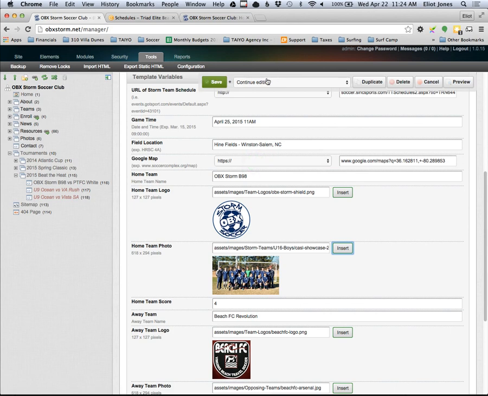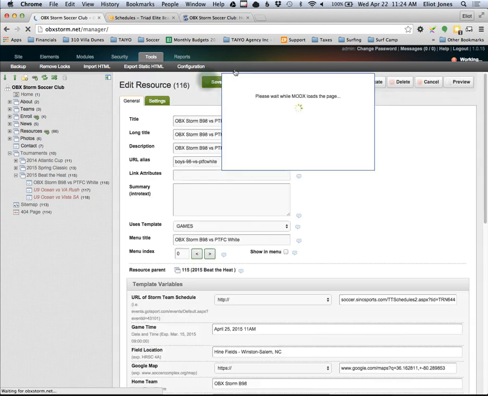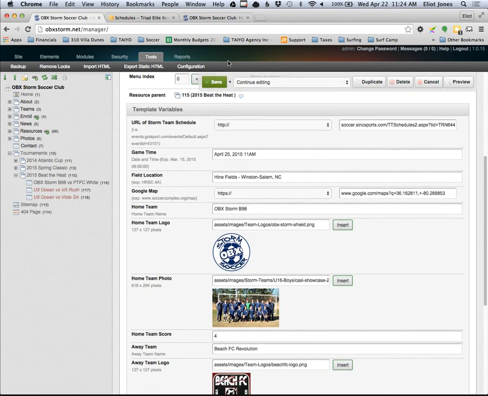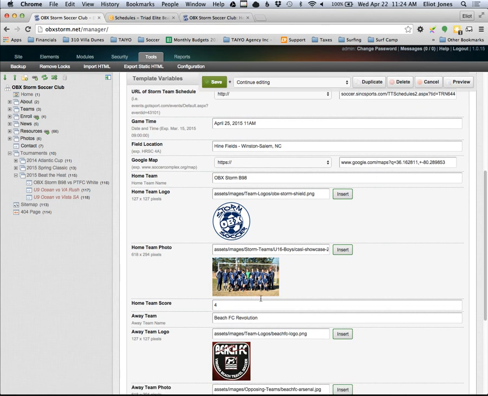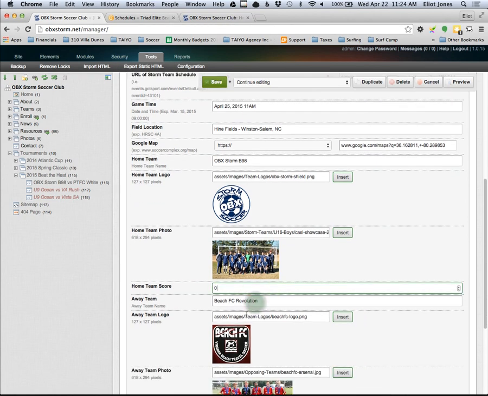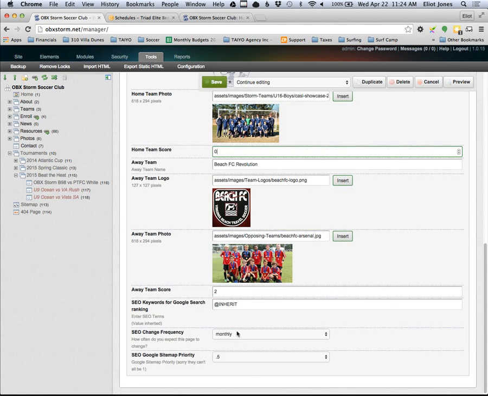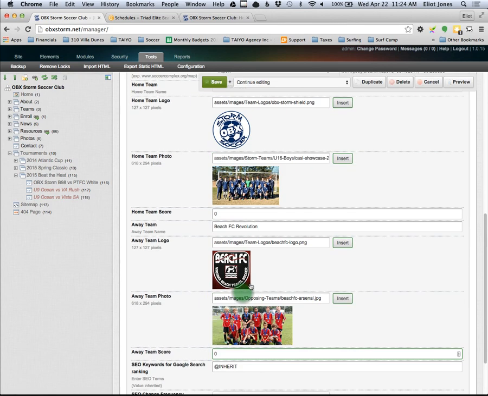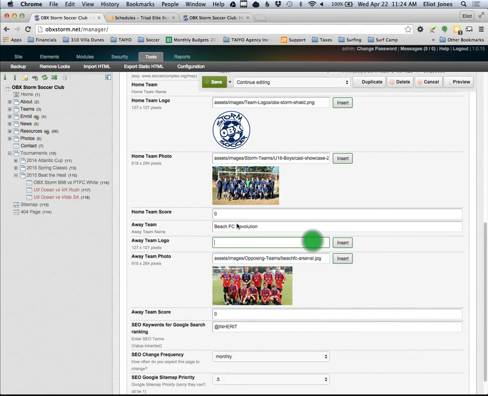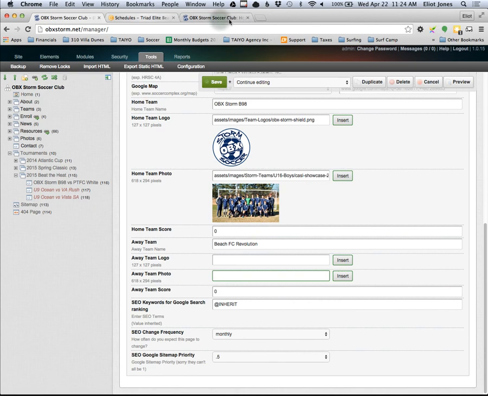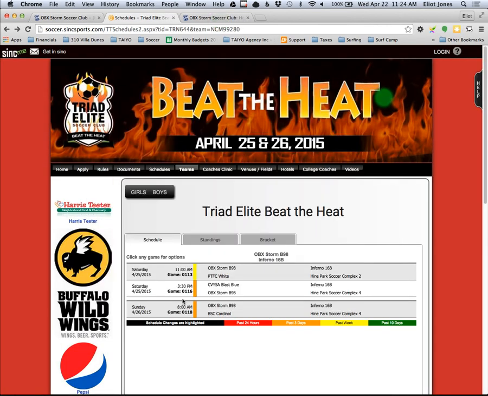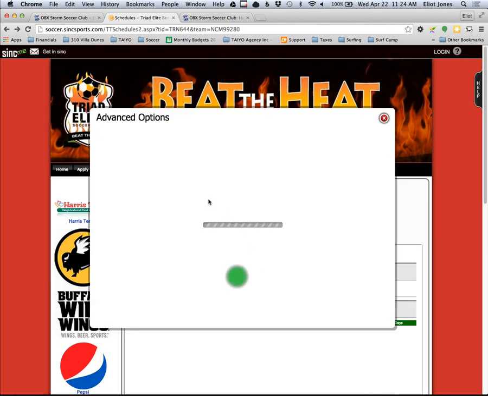I'm not sure of the sizing, but I'm just going to slam it in there and let you resize if you need to. And then home team score, we're going to keep these at 0 right now. I'm going to change the away team score to 0. And we'll get rid of this. We'll get rid of their Beach FC photo, and then we're going to go find... if you have the PTFC white,